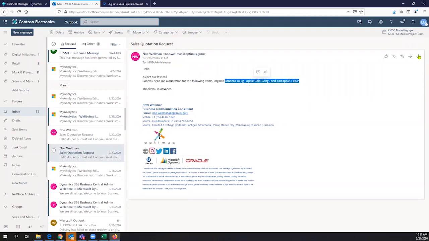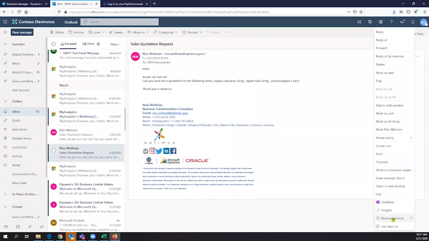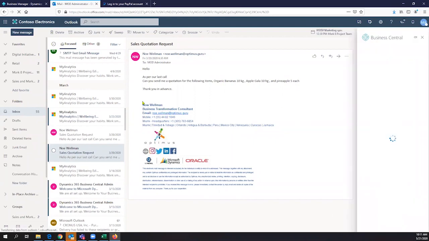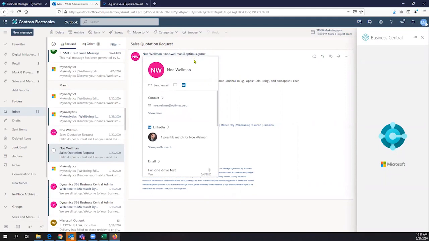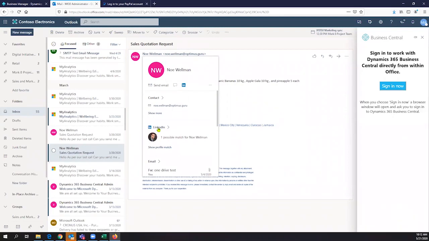Thank you in advance. Okay, just as a bonus, in Business Central we have different types of integrations. In Outlook, I can immediately see if Mr. Noah Wellman is working with any of my customers in Business Central. Remember that here I have the contact information, a beautiful picture with LinkedIn. Everything is,